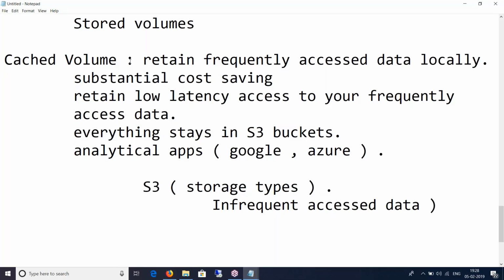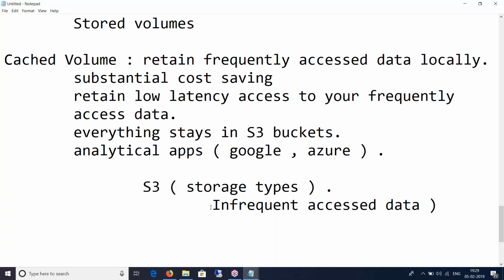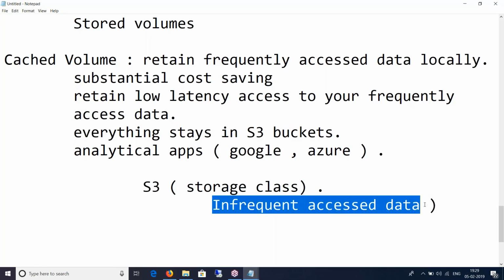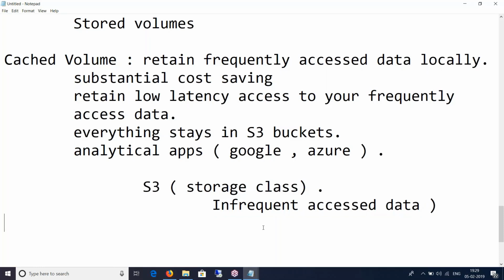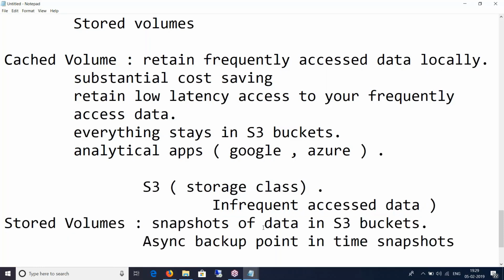I'm storing just what's being accessed by my employees or by my customers, and I'm syncing everything else to S3. And there I've chosen a cheaper storage class, the infrequent access storage class, and thereby I'm reducing my costs, isn't it? Yes, that is clear. Thank you.